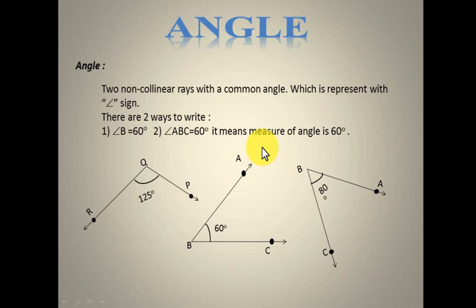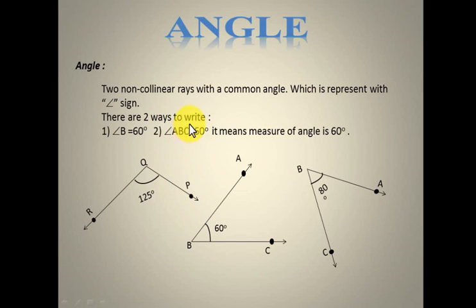So there are two ways to write an angle. One is directly writing the measure of the angle, as I have given in this example: ABC, measure of angle B is 60 degrees. So I can write here angle B. This sign indicates angle. Angle B is 60 degrees. The other way is angle ABC is equal to 60 degrees, meaning the full name of the angle, ABC. The measurement is given of the middle alphabet or name. So whichever alphabet comes in the middle, the measurement is given of it.